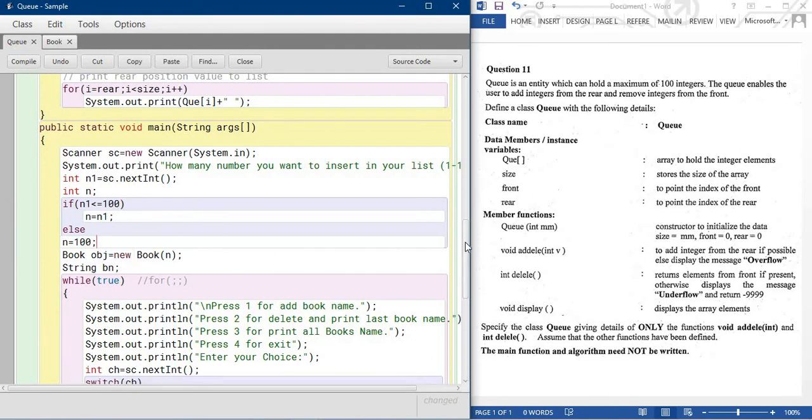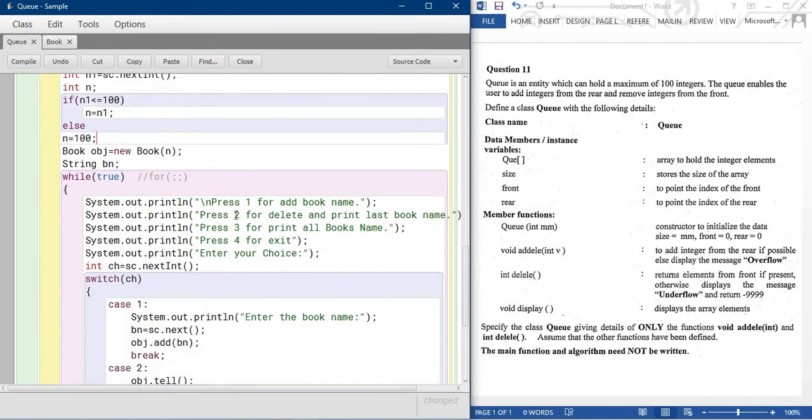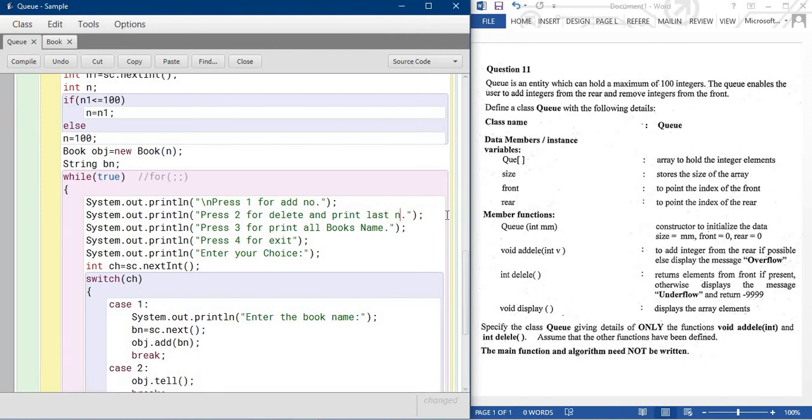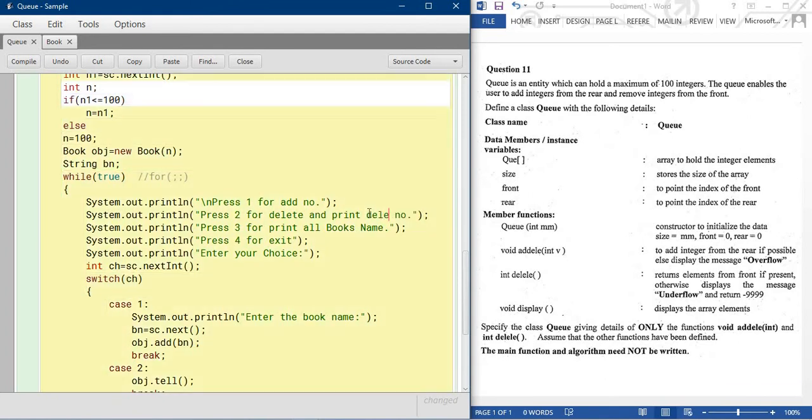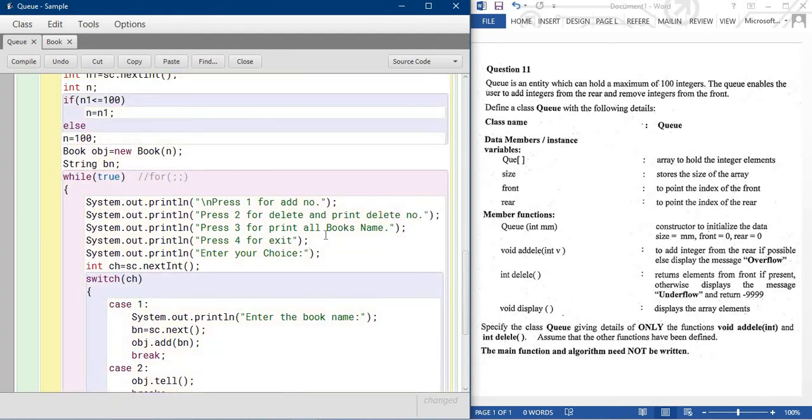Now here the same thing: press 1 for add number, press 2 for delete or print the last number, print the deleted number, press 3 to print all numbers, and 4 for exit the entire thing.